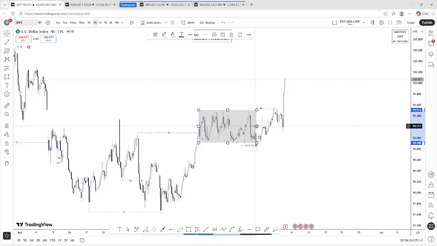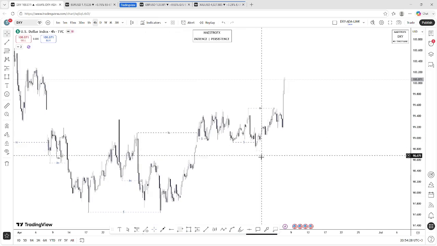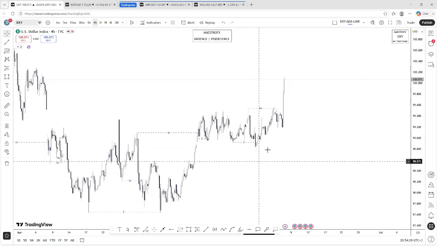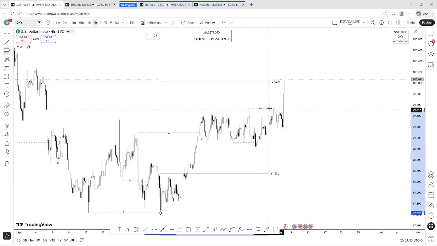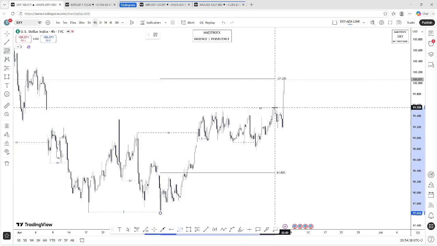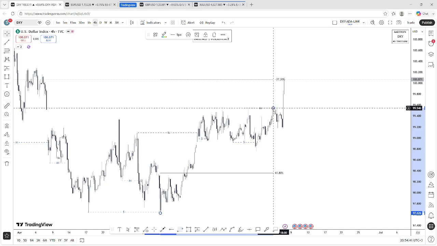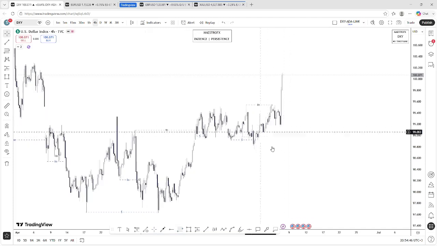I was anticipating that we could have a deeper retracement to at least the 50 Fibonacci level, but price does what it does. And so as usual, we don't predict these markets, we react to whatever the price does. And so right now we are currently in